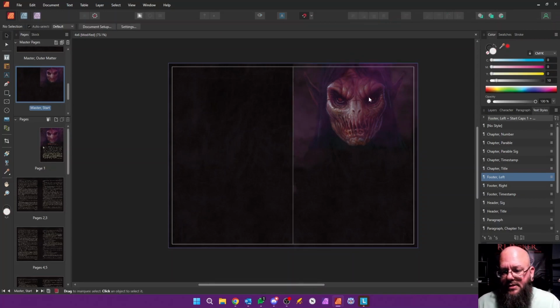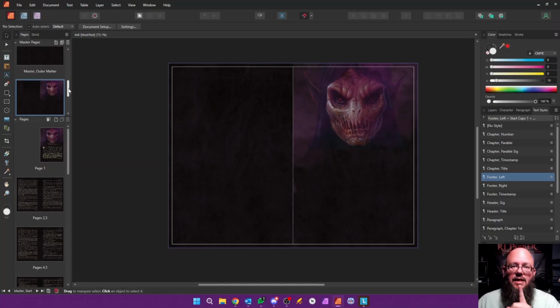So then I place this here. This is my chapter start. And then, as I've explained before, I like my chapter starts to always begin on the right side page when I've got the book open. And that means that in some cases, when chapter content isn't long enough to hit that last odd number page or even number page, you end up with a dangling blank page by design. And that dangling blank page